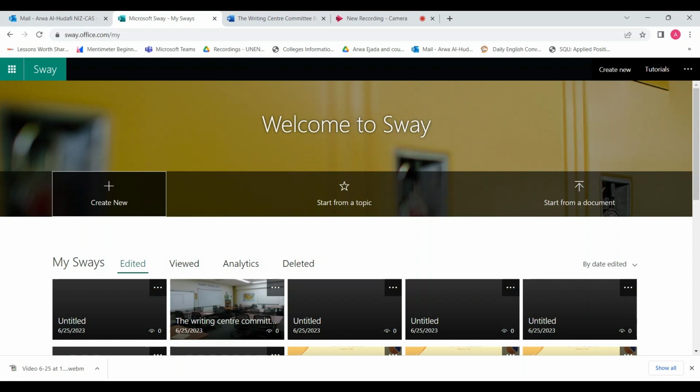Sway simply enables you to organize and design your content in a very creative and engaging way. And your content could be for reports, presentations, stories, newsletters, and you can share it with your colleagues or with your students. Or simply you can explore it with your students by presenting and submitting some of their continuous assessment